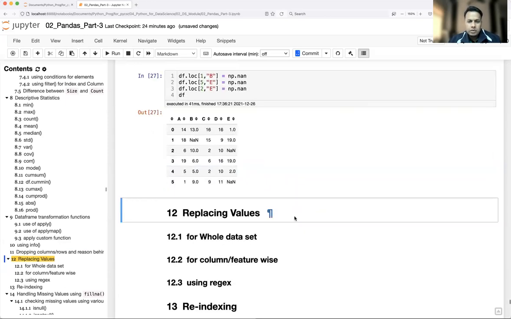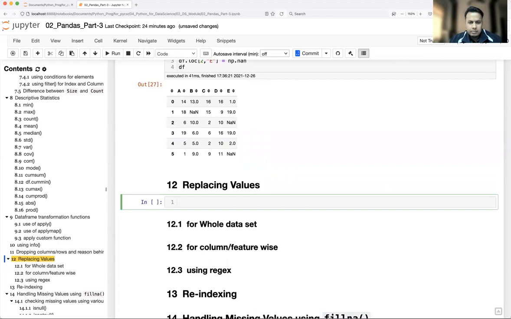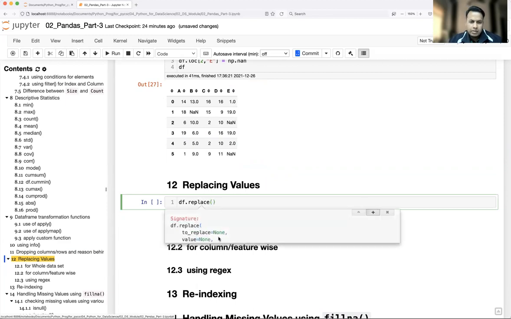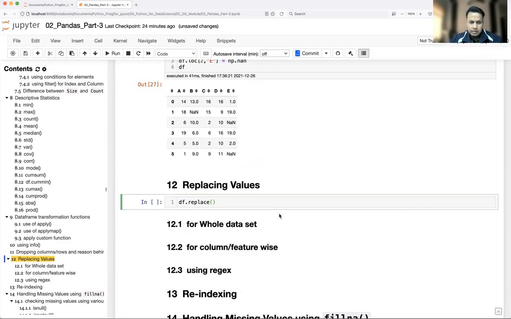Now let's say you want to replace the data. How do you replace? We have df.replace, and here we have a couple of ways to replace: which value you want to replace and by what value you want to replace. You can go ahead with these parameters, or you can give it in dictionary format.